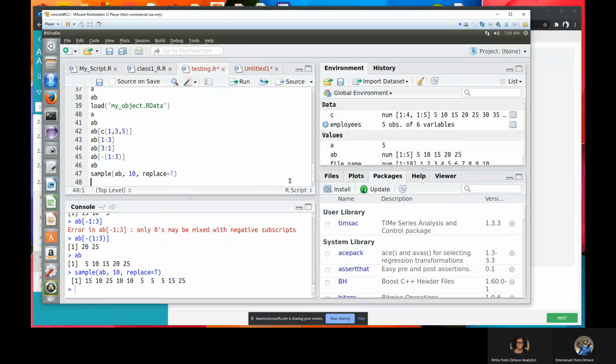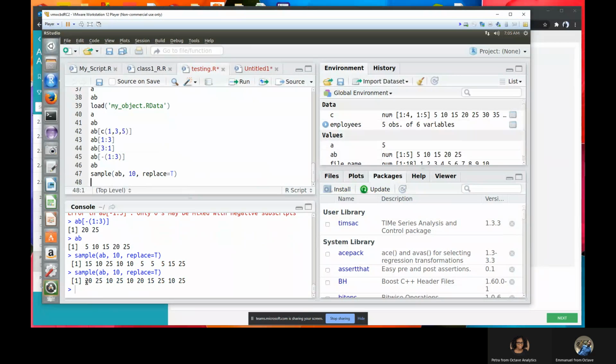But then let me run this statement again. You see, when I ran this again, it gave me another result entirely. So let's say you are running an analysis, trying to build a model, working on some kind of large data set. You're going to do a train-test split. You have a train set and a test set. The train set is what you use to build your model. If you're not using time series data, you have to pick your train and test sets at random.